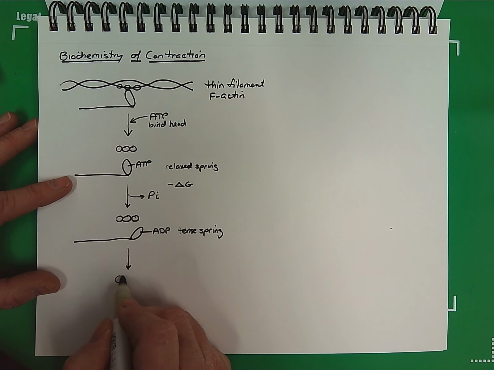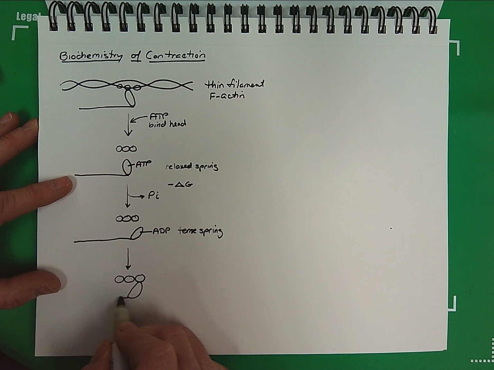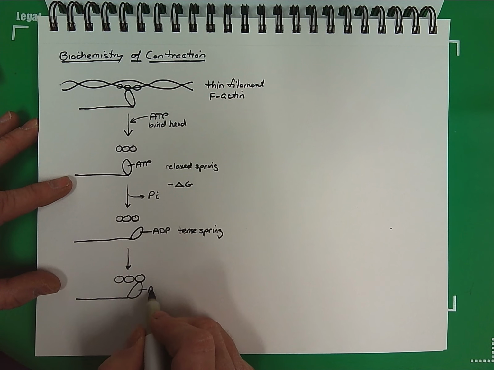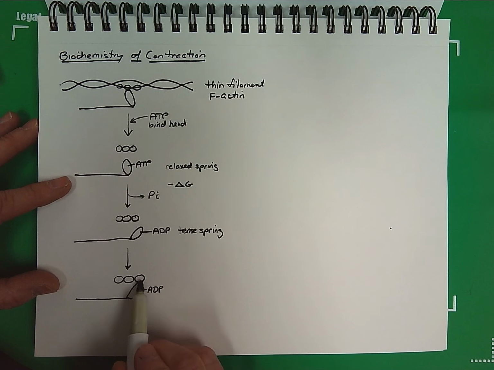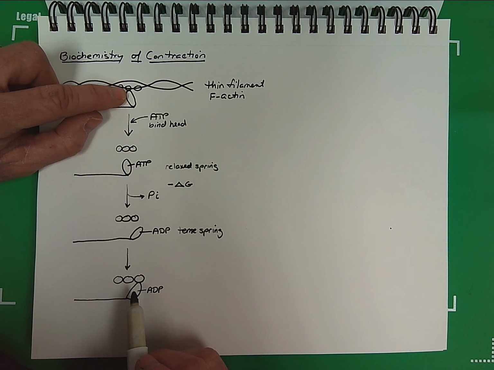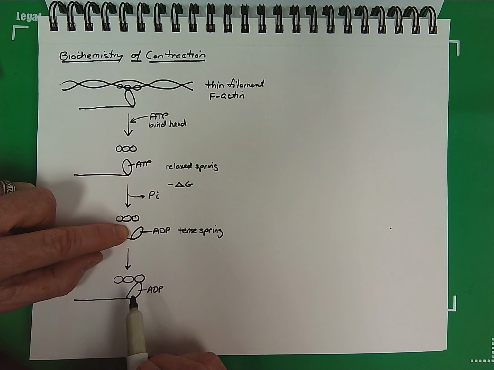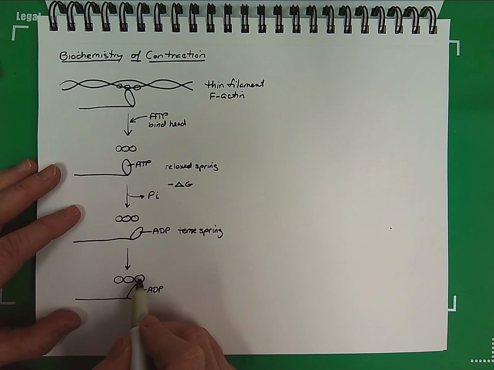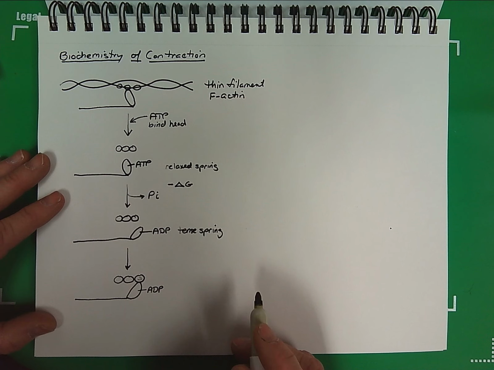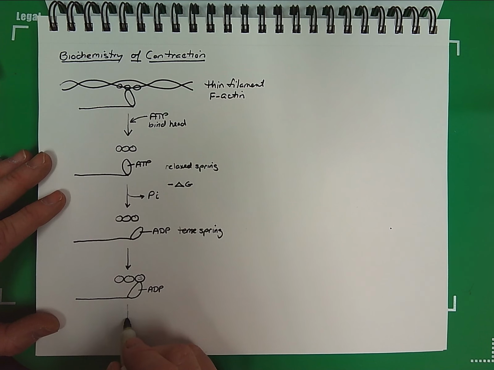The next step now is with ATP bound to the head group. The head group now will associate with the actin subunit. But notice the actin subunit that it is interacting with. Originally it interacted with, say, number 2, and now that we have ratcheted the head, it is now interacting with actin unit number 3. The final